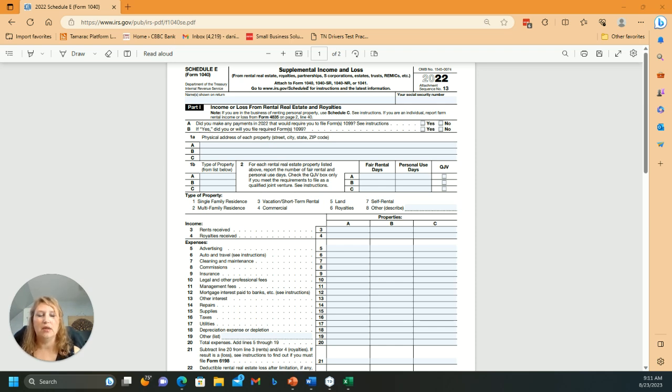If you sell the property and you make a profit on it, you not only have to pay capital gains taxes on the amount above and beyond what you paid, but you'll also pay taxes on the depreciation that you have been allowed to deduct all these years. That is capped at 25%. That's often a surprise to rental owners, so we want to